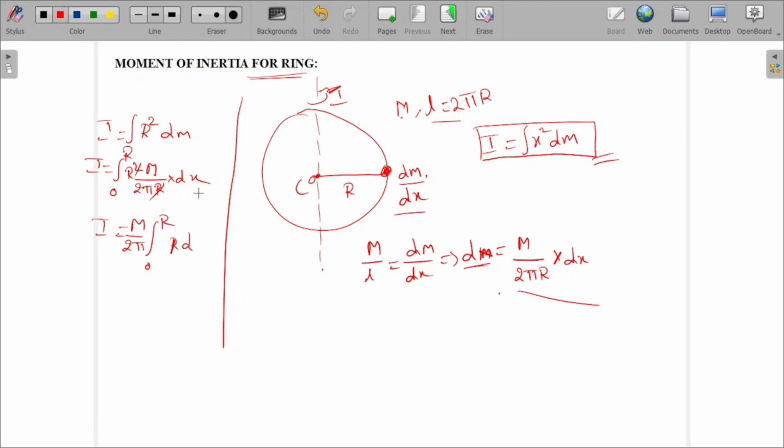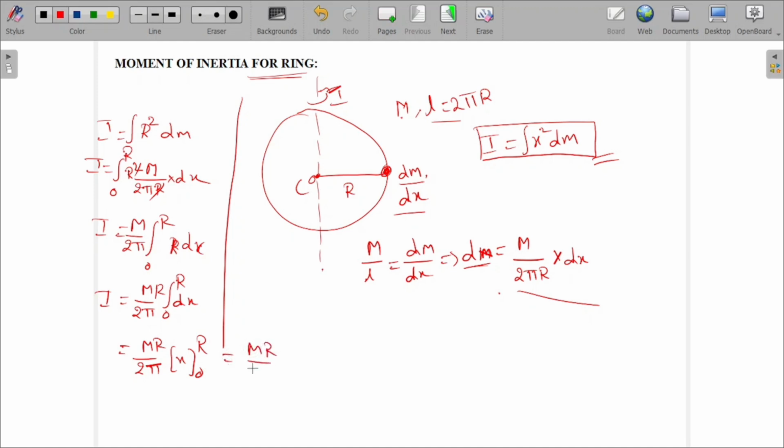r, dx is nothing but r dr, or you can take it as dx, no problem, both are the same. Then I equal to M by 2 pi. Here let it be x itself. Here r is a constant, the radius is also constant, so it is also taken out. So integral 0 to r dx. Integral dx is nothing but x, so M r by 2 pi of x from 0 to r,